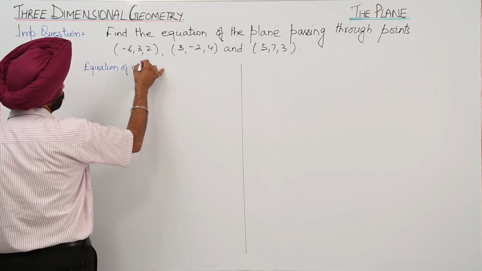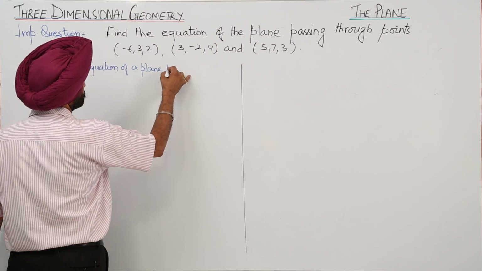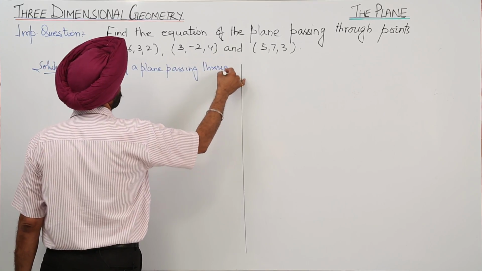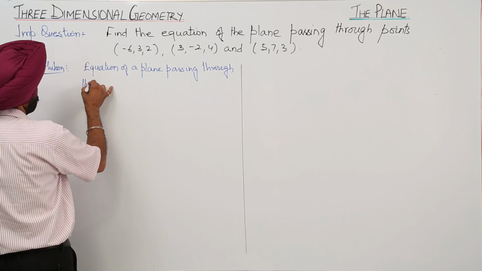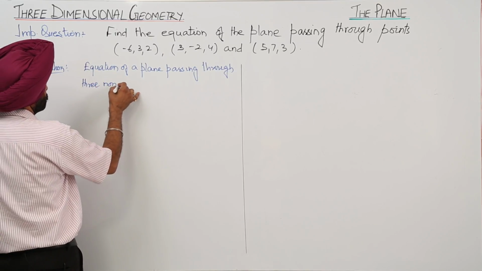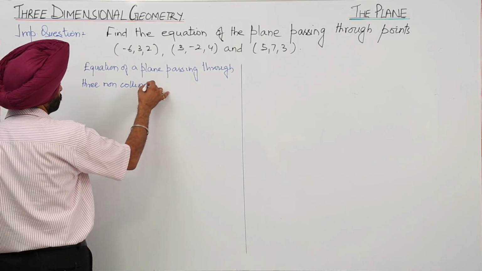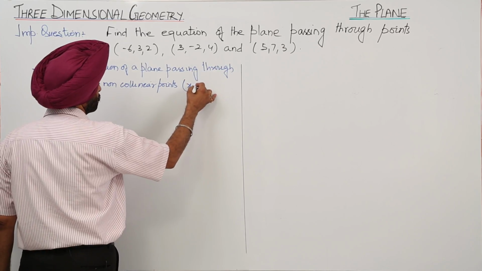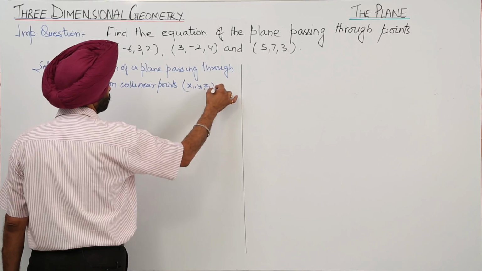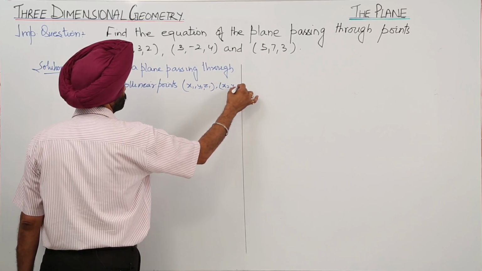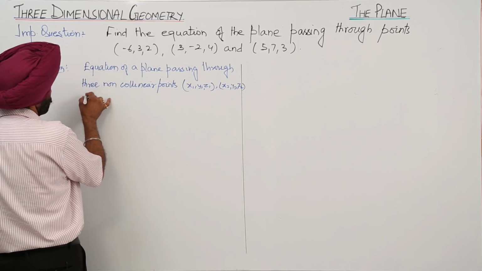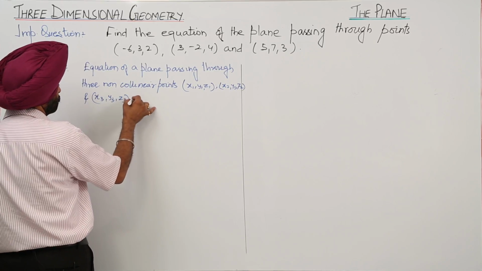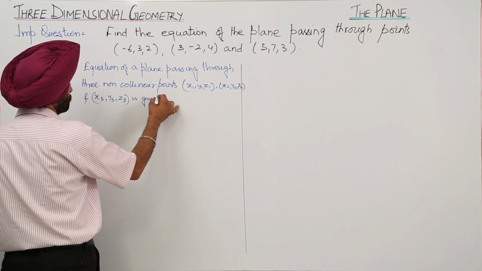The equation of a plane passing through three non-collinear points, say x1, y1, z1, x2, y2, z2 and x3, y3, z3, is given by,